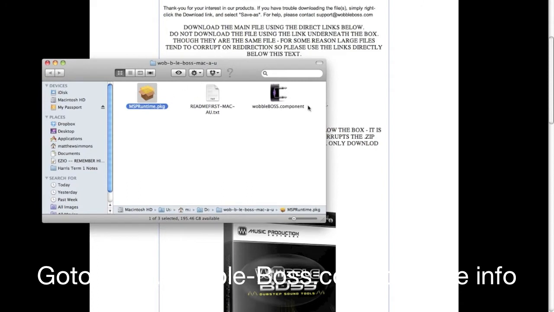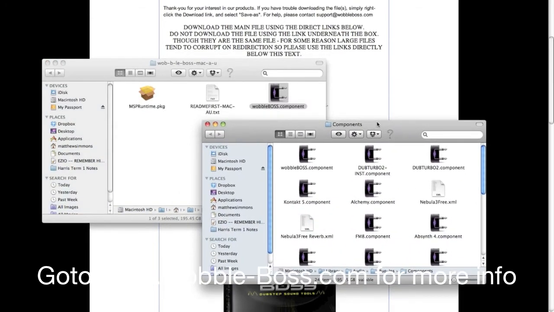Open up the zip file for the main download. You'll see these three files. The first thing you need to do is run this MSP runtime package. It's a shared library. And then once you're done with that, you will drag your WobbleBoss component into the components folder of your Mac. To get to this, it's Macintosh HD, your Library, Audio, Plug-Ins, and Components. Whatever other components you put in here is what all of your audio apps will look to when scanning them. When it scans for the first time, when you open this up in Logic or whatever else you're using,